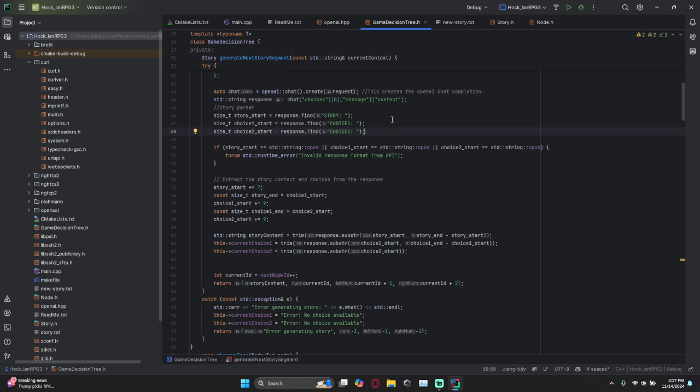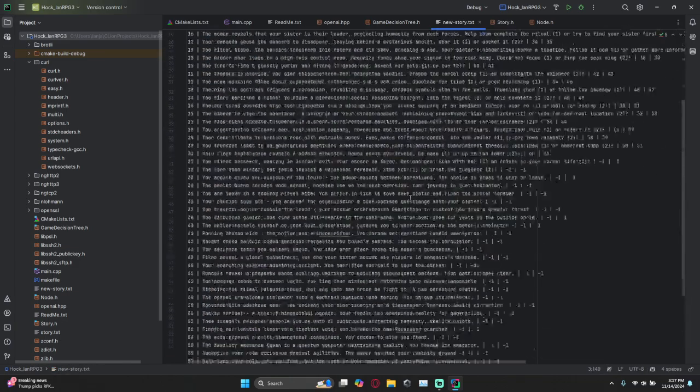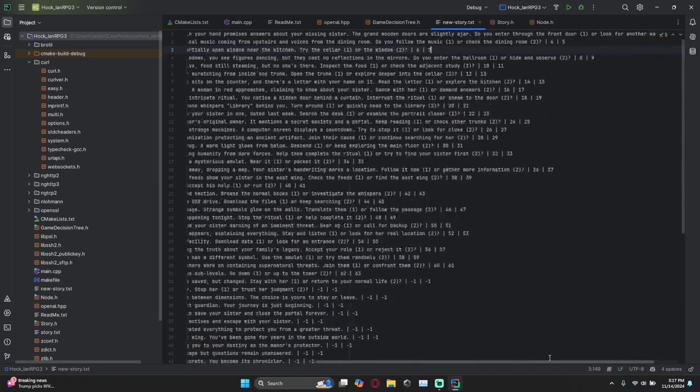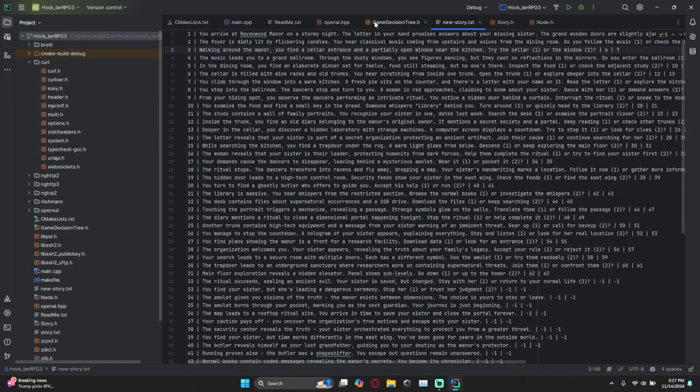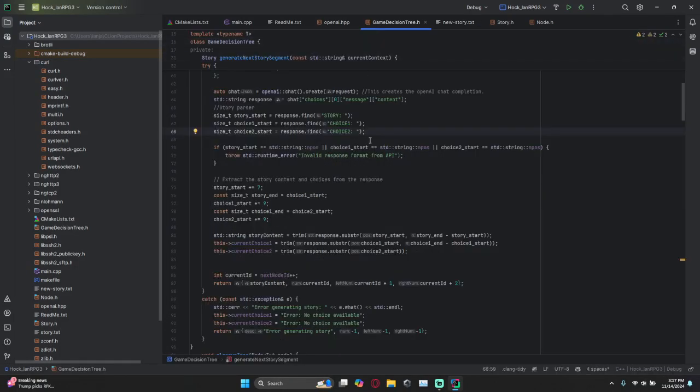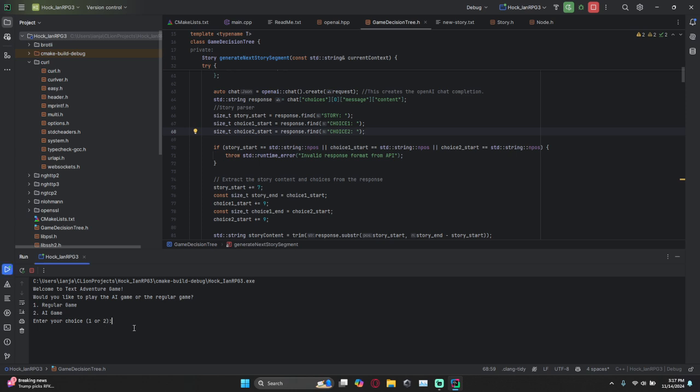So rather than the story being based on my decision tree, I decided I wanted to make it based on AI. This means that as you play the game, it should still be able to work. But we want to play the